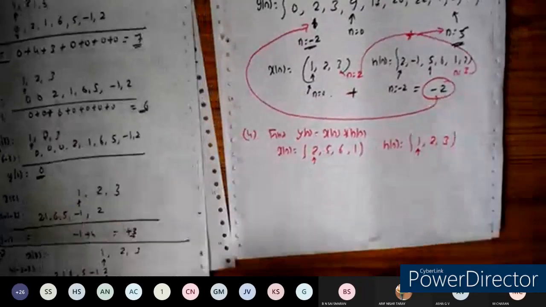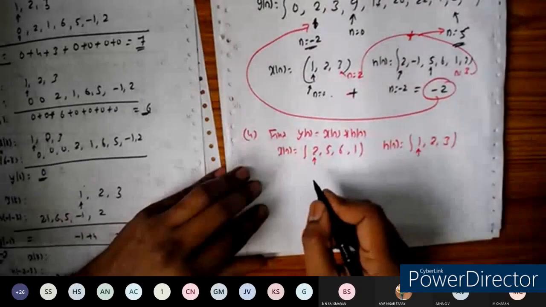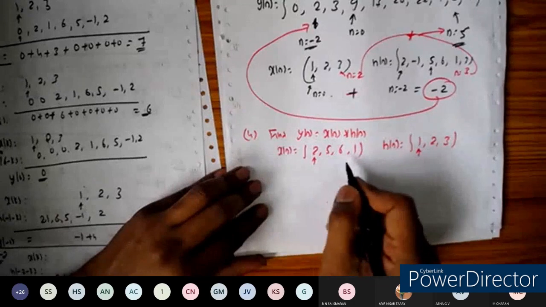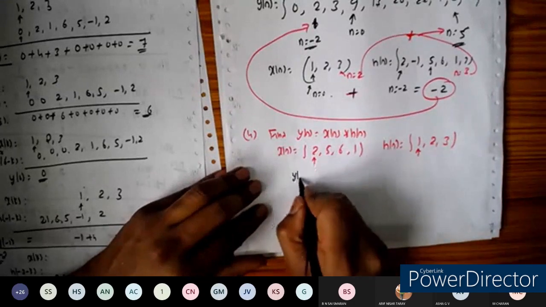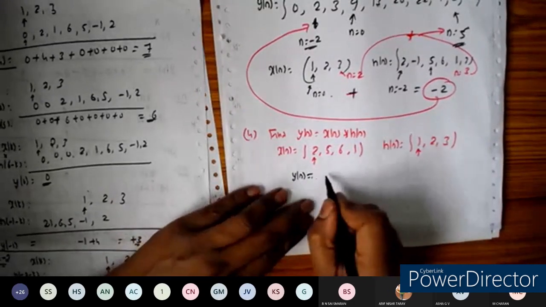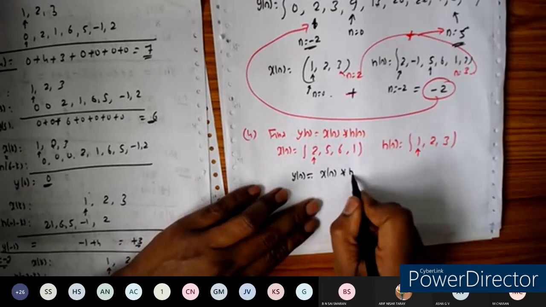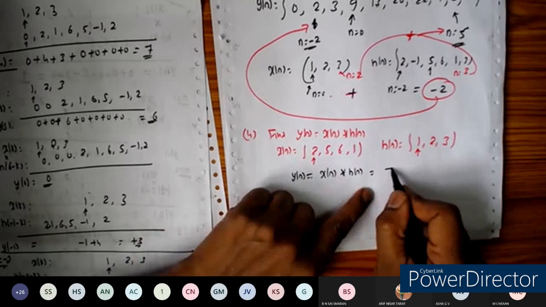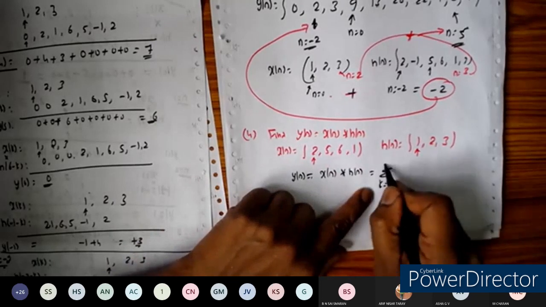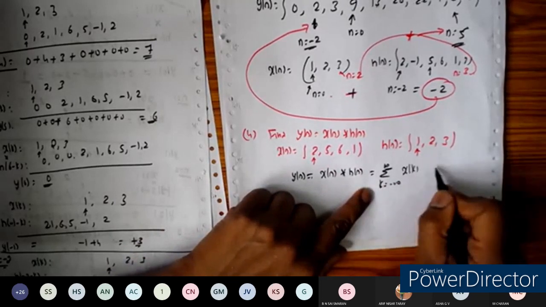And I'll go for the next kind of problem solving. Okay, so we need to find out the convolution. Whatever the problem is given, first you write the formula for the convolution sum. So the convolution sum formula is, you write the symbol x of n convolution with h of n. This is summation k equal to minus infinity to plus infinity x of k into h of